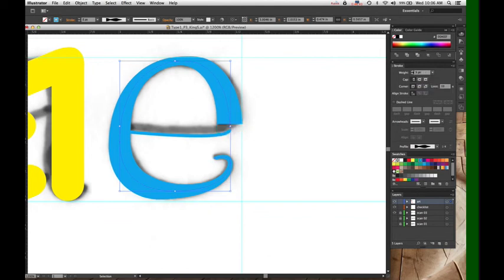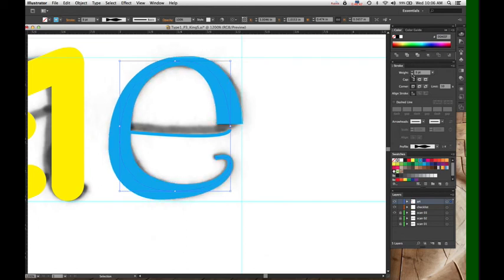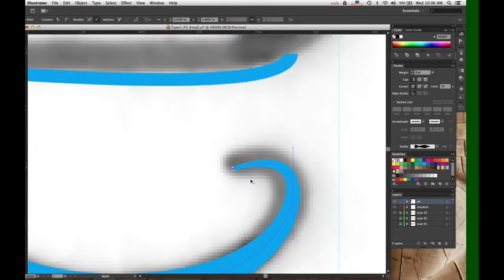I can adjust the width if I want. And it changes it all proportionally to the thicks and thins that you've declared for it. So it's nice because it gives you this calligraphic approach, but with a lot of editability.